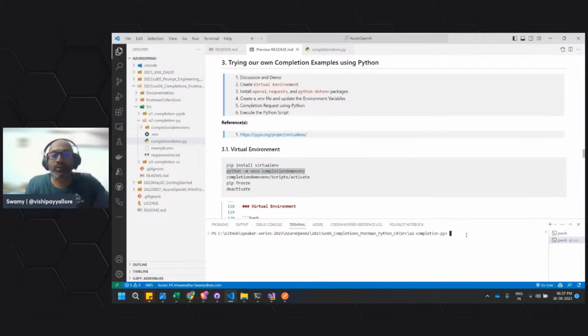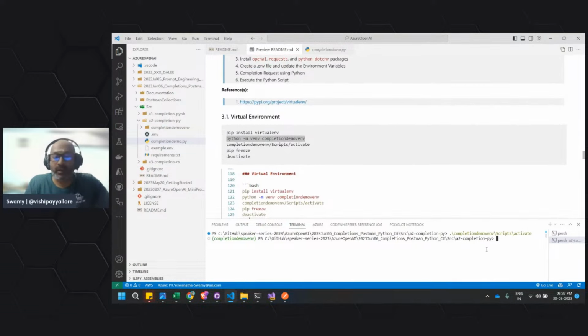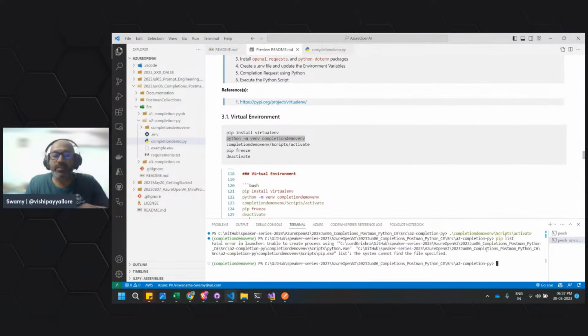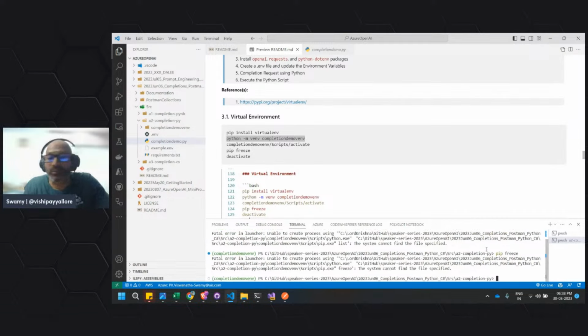So all I need to do is come in here, go to the completion model env, scripts, and activate. So I activated the virtual environment. Now if I do pip list, pip freeze. Why is it not working? Okay, I'm in.